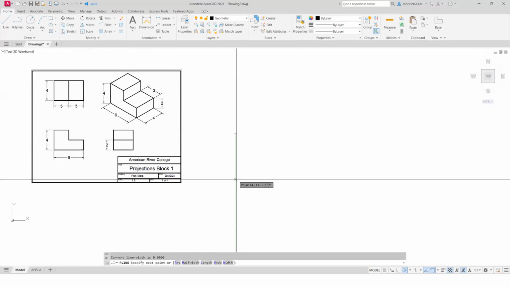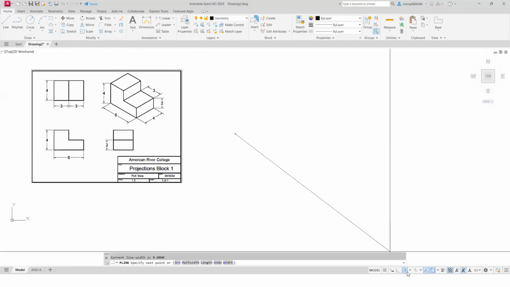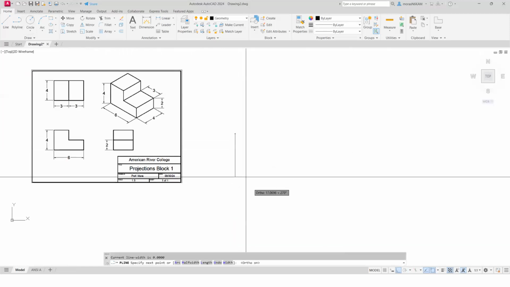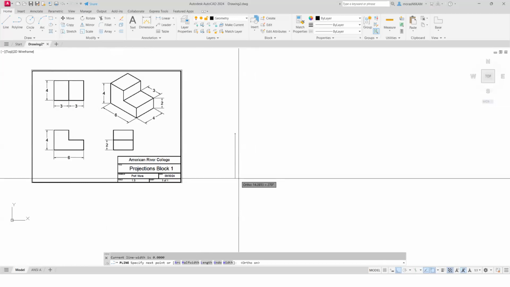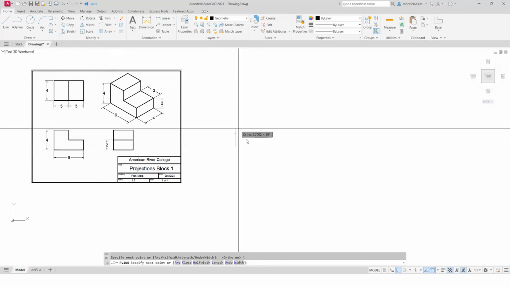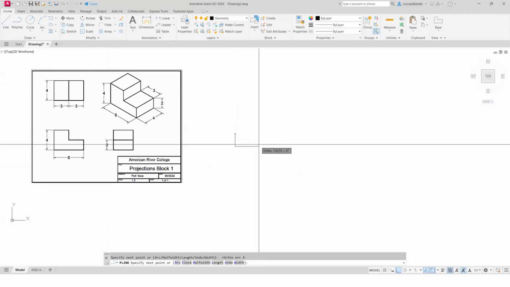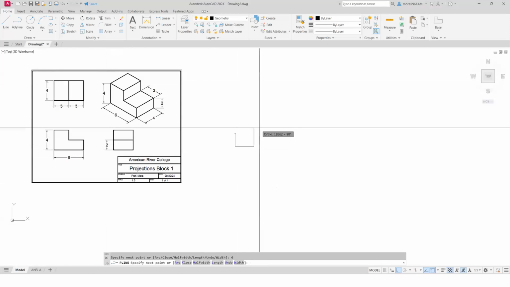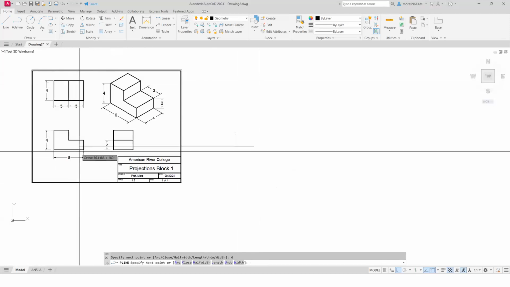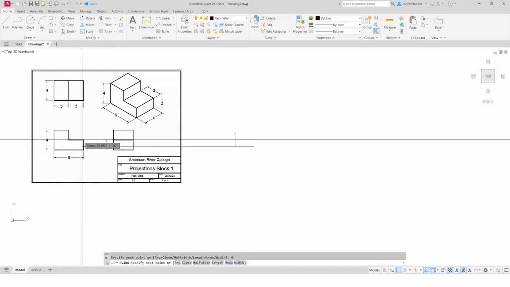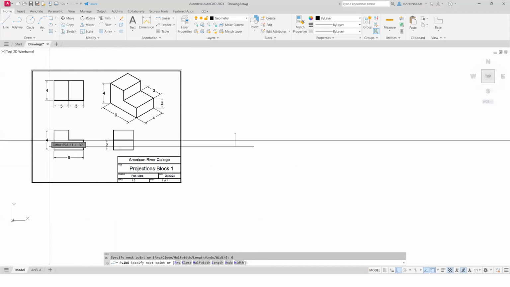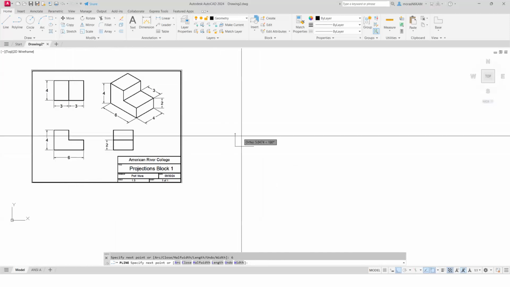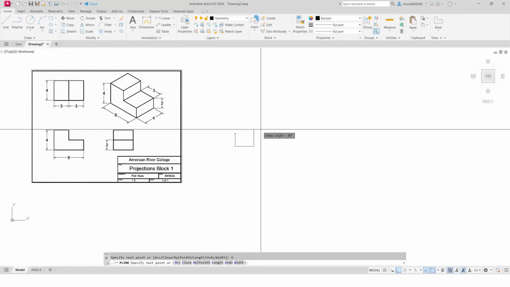Okay, and so right now I have on polar tracking, but I'm going to turn on ortho mode just because I have nothing but straight lines here, so that's going to make it easy. And I'm going to create the front view first. So it's 4 units, 6 units, and then it goes 2 units up. And so sometimes you might not see the dimensions reflected in this view, but you should be able to find it in another view. So it's 2 units up,